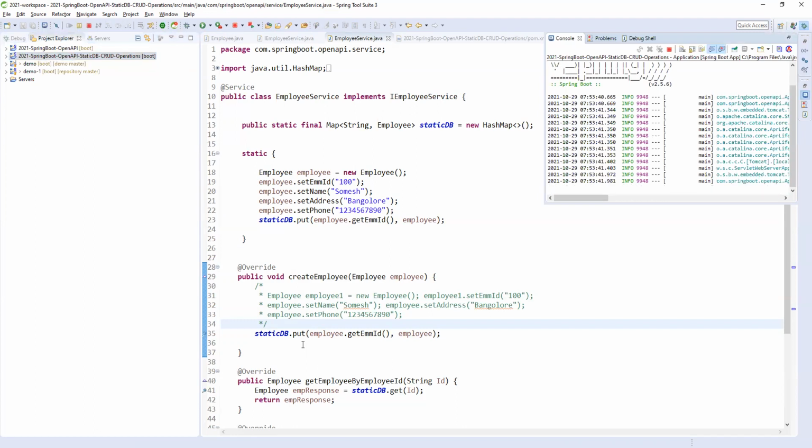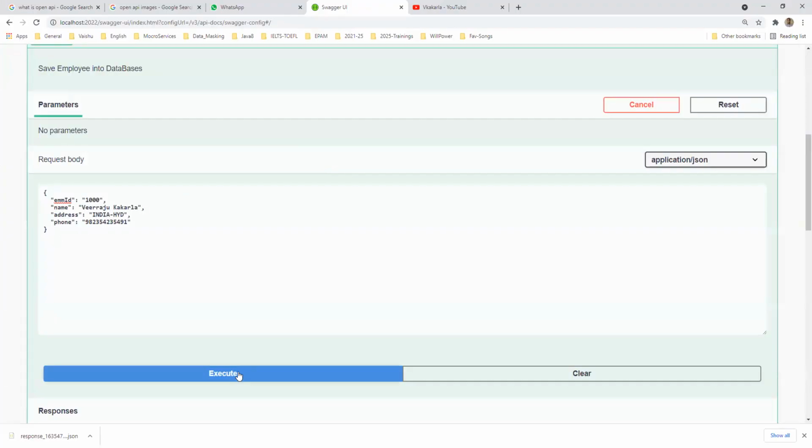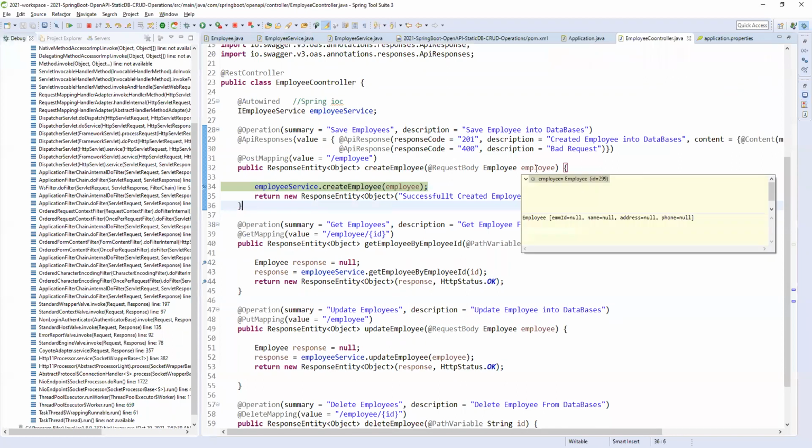We have already given employee dot get ID, and we are giving the employee object, right? Why it is taking null, we will see now. So we are passing, and we are passing here, and if you see here, why is the employee coming as null?